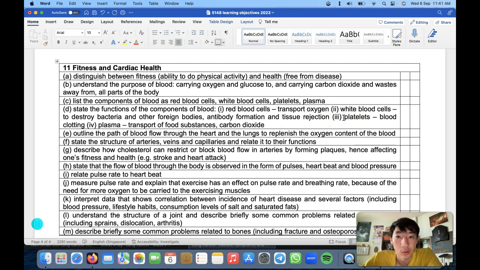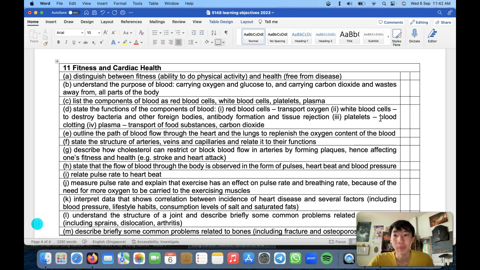Okay? So, what are platelets? Platelets are small things, they're actually not cells, they're small particles that will help you do blood clotting. So when you get a cut, say someone slashes you, and the blood is flowing out, very quickly the platelets will gather and form a blood clot. The blood clot will trap more things like the red blood cells, and then there will be a clot. After that, it turns into a scar, and that's why it's called a blood clot.